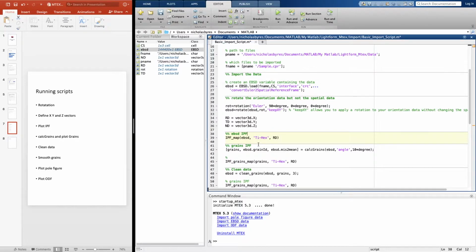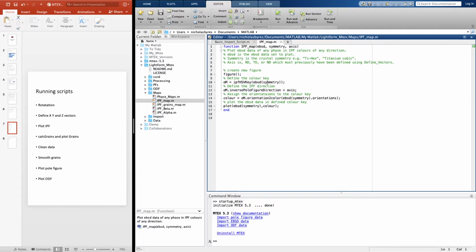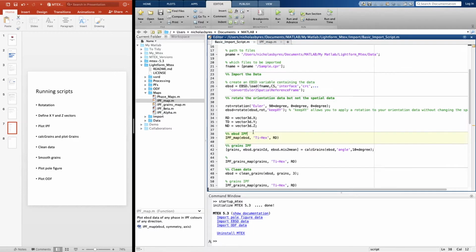Now, we've gone ahead and taken the code to plot an IPF map and turned it into a function. You can find the function in the lightform MTEX folder. So the first one I'm going to do is the simple IPF map. Now, here's the syntax which creates the IPF map. But by making it into a function, all you have to do is pass the following arguments. So, run the command IPF map, pass the first argument, which is the EBSD dataset that we imported into the workspace,